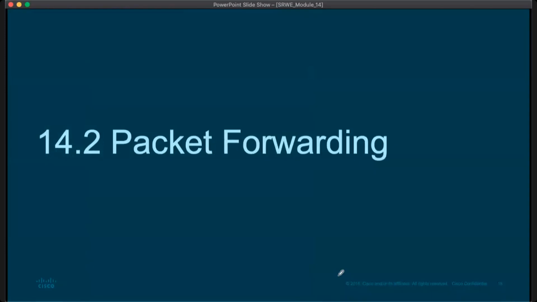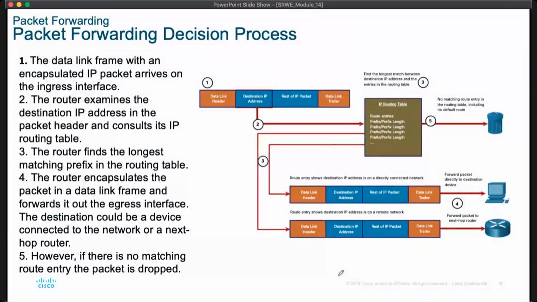14.2 Packet forwarding. The packet forwarding decision process. First, the data link frame with an encapsulated IP packet arrives on the ingress interface. Next, the router examines the destination IP address in the packet header and consults its IP routing table. Third,